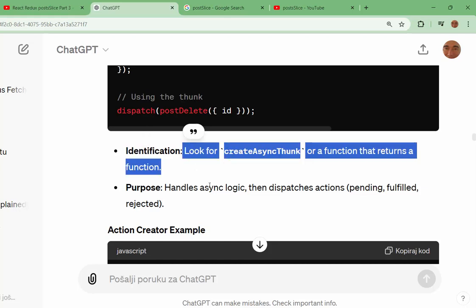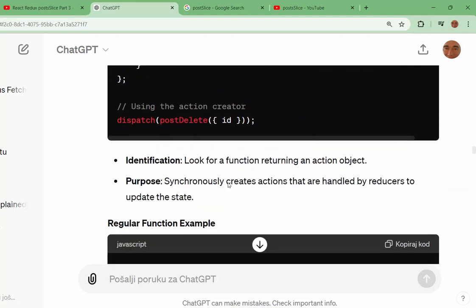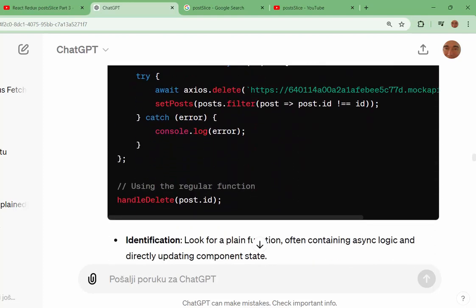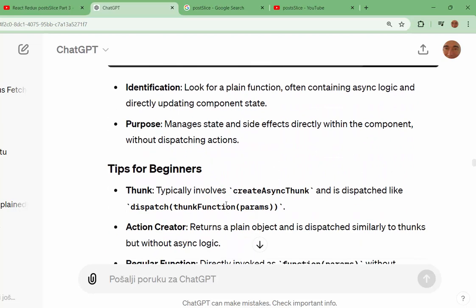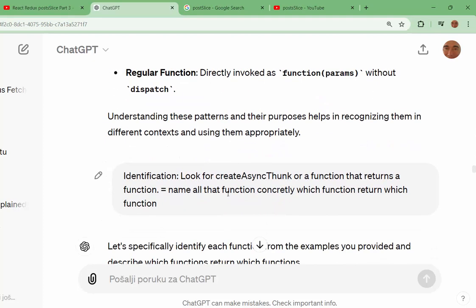Again, look for createAsyncThunk or a function that returns a function. And down, all the rest is okay: action creator, createAction, and the regular function. It is all okay. But here it is.